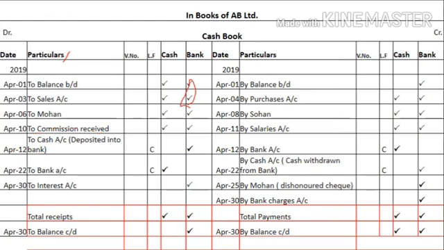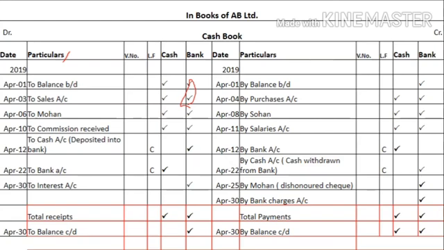And on the credit side you will write down the same amount in the cash column. Why? Because when you deposit cash into bank, the bank balance will increase, then the cash balance will decrease. So you will write down the same amount in the cash column, and in particulars you will write down by bank account. And one thing that you have to keep in mind, in the ledger folio column you will write down C. C represents contra entries. This concept of contra entries we have already discussed in the classroom.